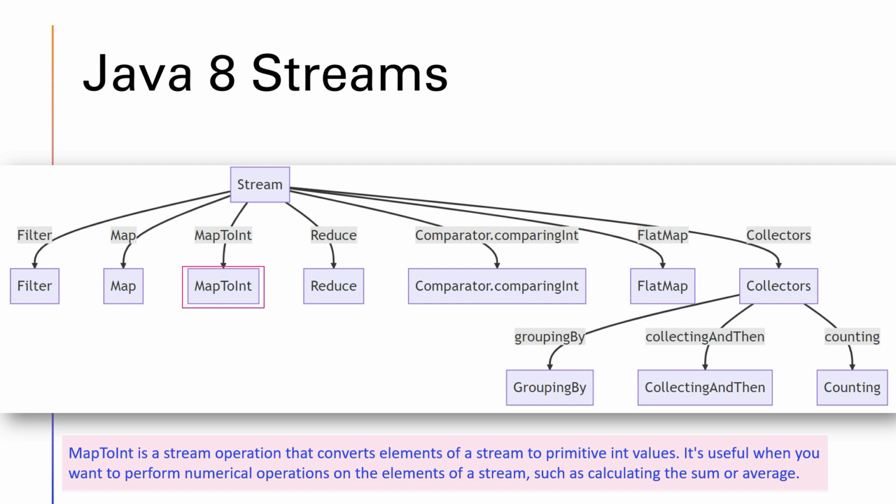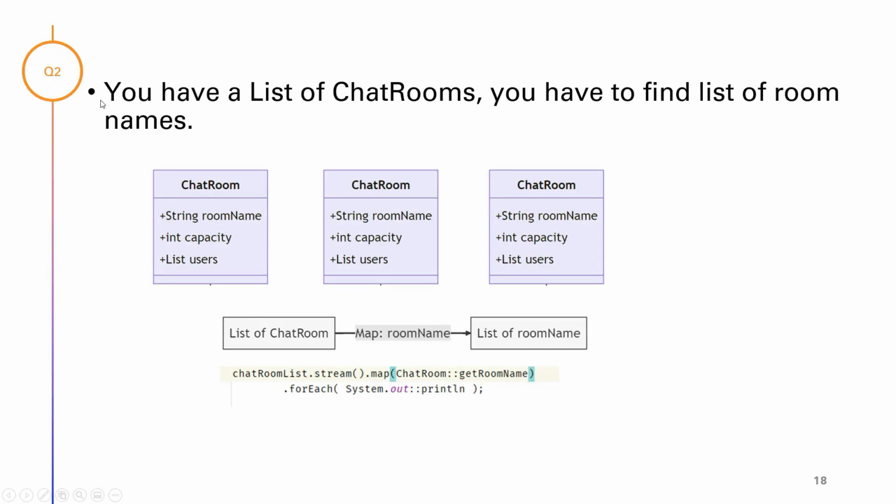Suppose your interviewer asks you, or there is a situation where you have to find the sum of elements, or you want to find an aggregation, or some average. All these kinds of aggregate operations, if you want to perform them, then mapToInt is the right one for you. And if I show you a question, you have a list of chat rooms and you have to